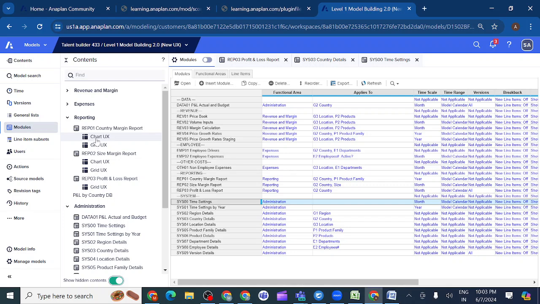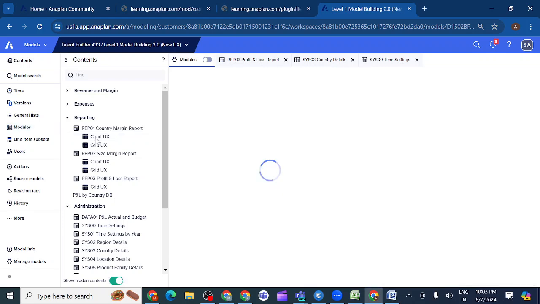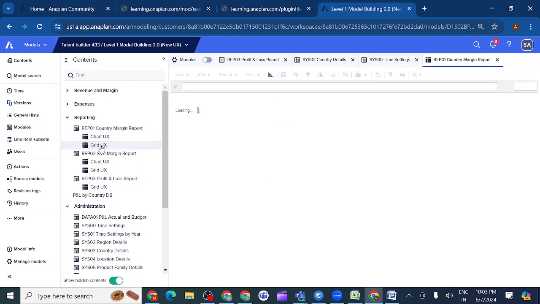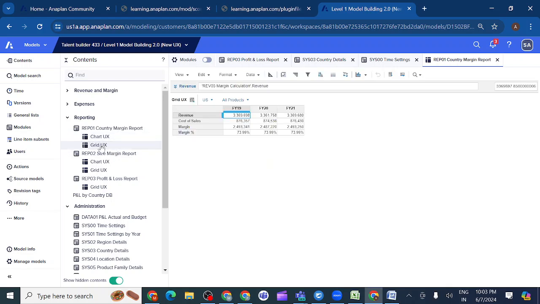If I use any saved view, you may have some different filters. You don't have any filter here.